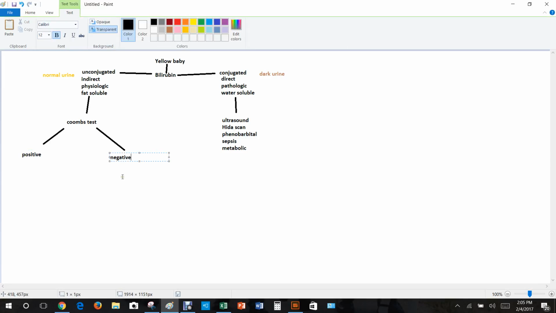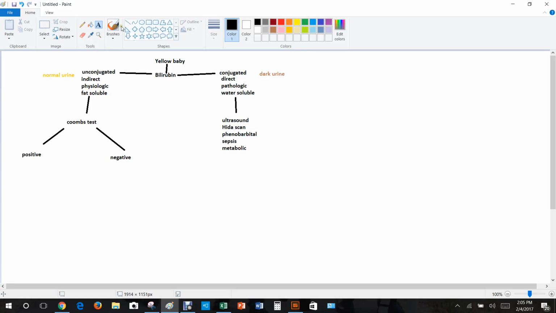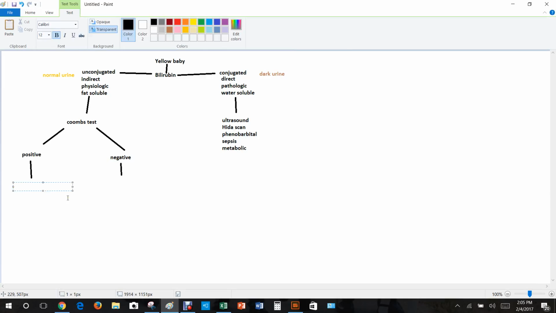What does this tell us? Well, first of all, the Coombs test gives us an indication as to what the cause is going to be. So let's look at the Coombs test positive first. If it's Coombs test positive, what we're looking at here is some kind of isoimmunization. Whereas if it's Coombs test negative,